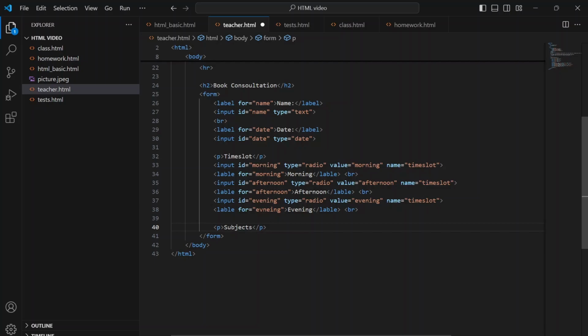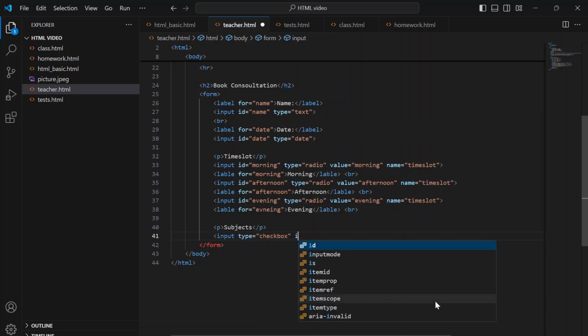We should have something like a checkbox, so that they could book more than one, because for some people they probably want to have more than one. So since the teacher is just computing, math and PW, computing as the